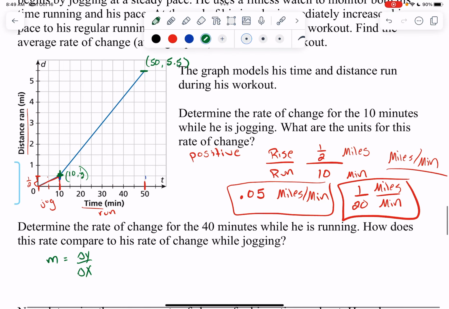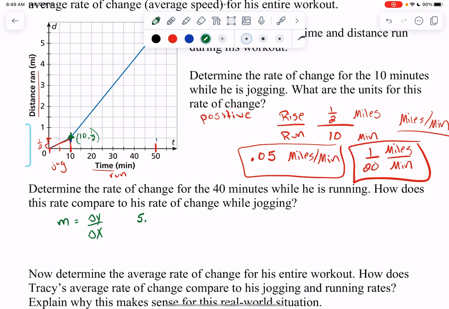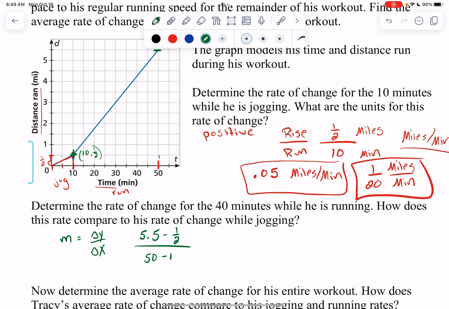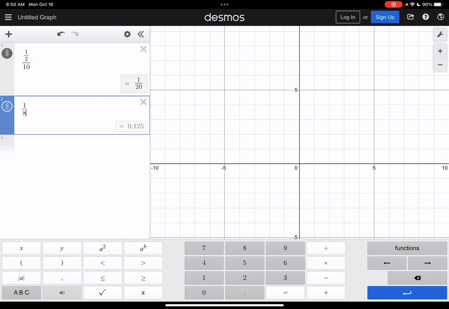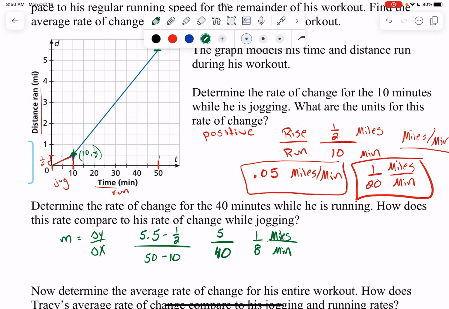My change in y, we're up 5.5 minus 1/2. So there's my change in y, and then we have our 50 minus the 10. 5.5 minus half is just 5. 50 minus 10 is 40. So 5 over 40, which 5 goes into 40 8 times, 1/8. Again, miles per minute, which if we want a decimal for that, 1/8 is 0.125 miles per minute. Or you can go 1 mile in 8 minutes